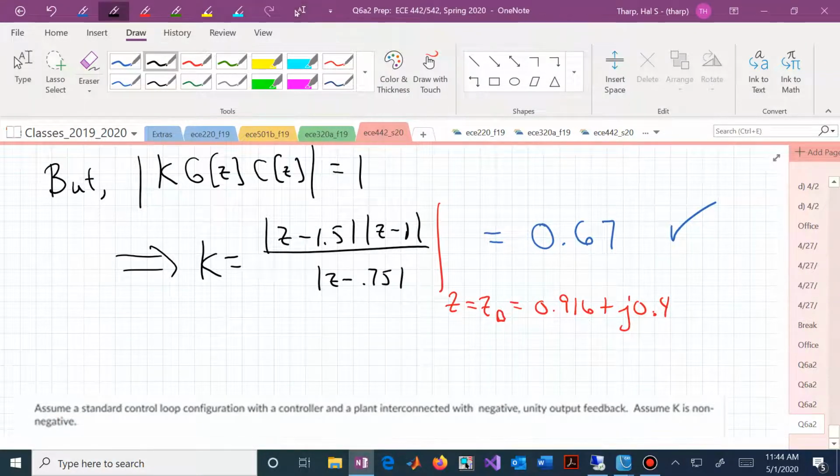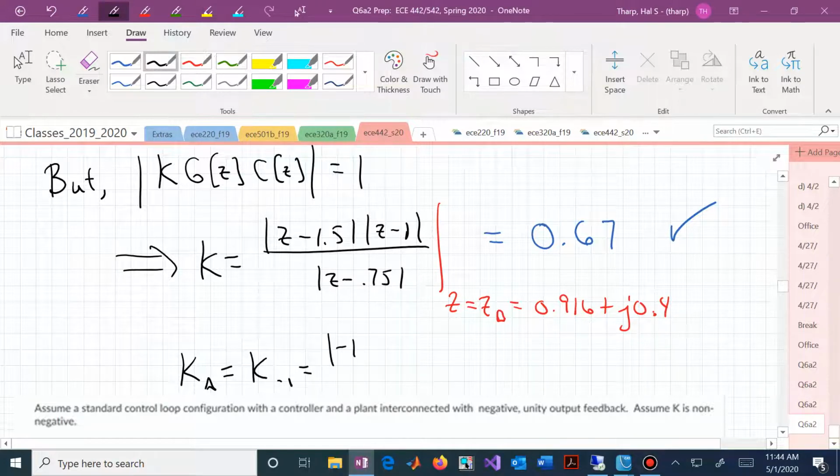So if we did that, now I'm playing with fire, but let's now say, oh, we did a box, so let's now say that k triangle is when k is equal to minus 1. We now have minus 1 minus 1.5 over minus 1 over minus 1 minus 0.75. And if we compute that,